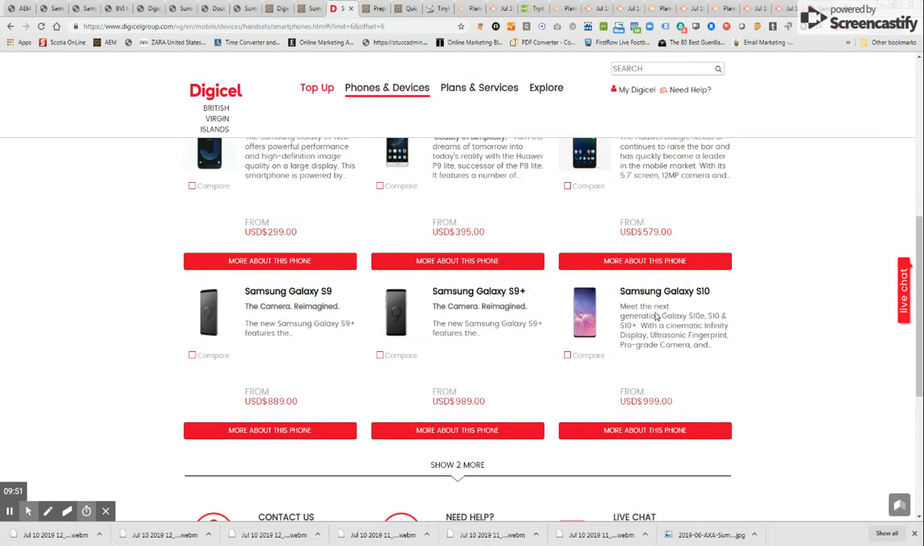And here we are, S10. All right. No, I don't like how the description looks in comparison to the other Samsung